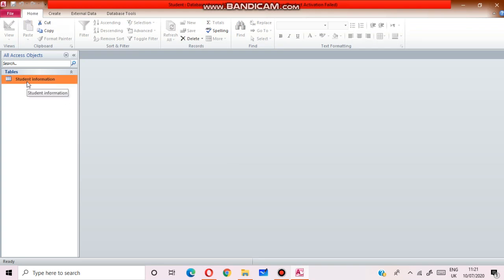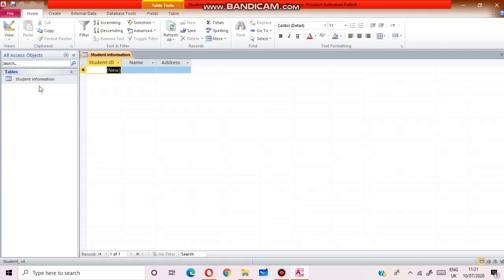Saved. Here you can see student ID, name and address. Table has been created.